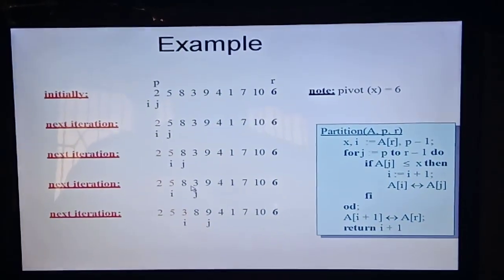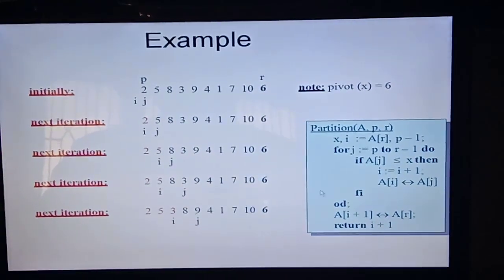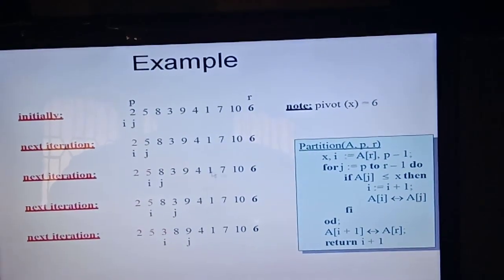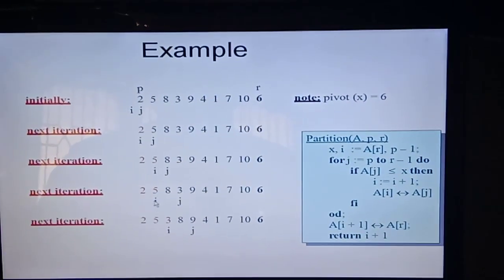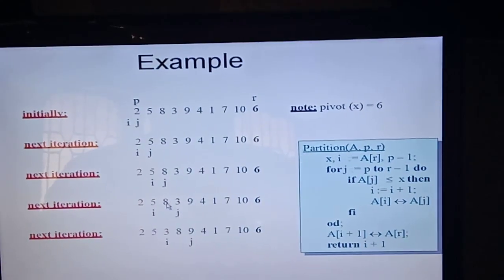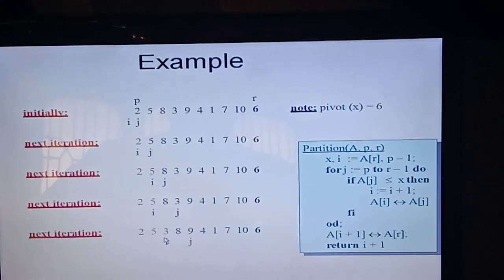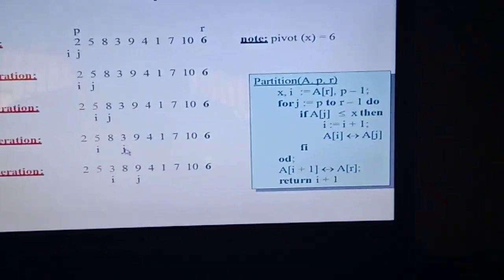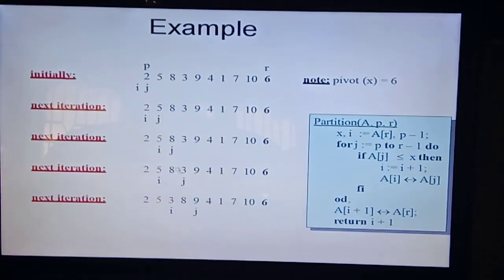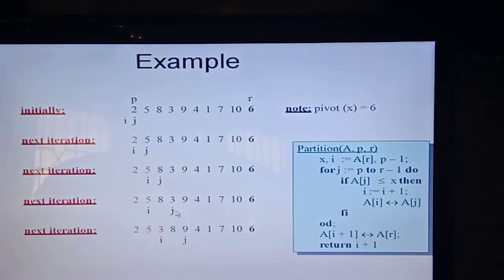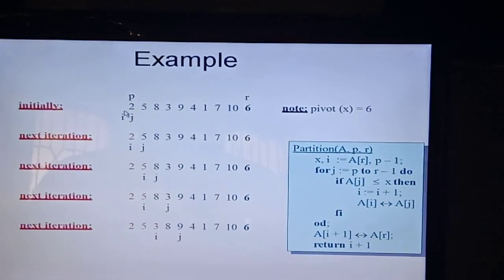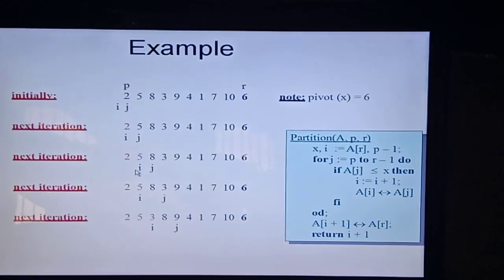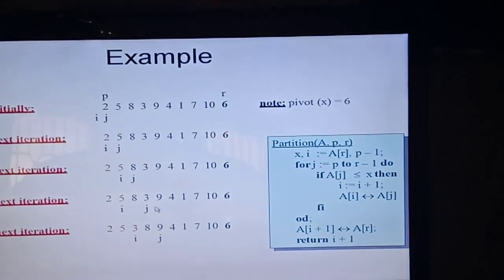This is the last iteration. The condition is false, so i is not incremented. Then you come to the next iteration and swap 3 with 8. i is incremented to 3, and next i is swapped with the j element, that is 8 is swapped with 3, and j goes to 9. In each iteration j is incremented, but i is incremented only when the condition is true. If the condition is false, i is not incremented.